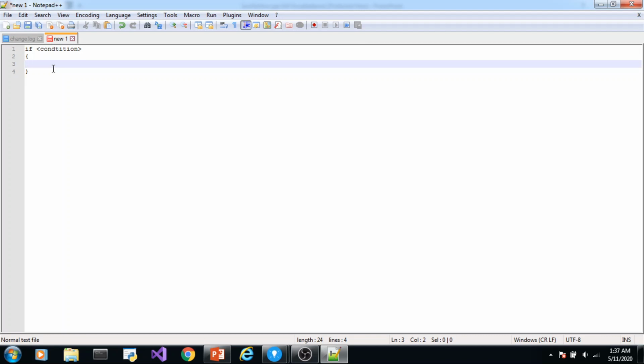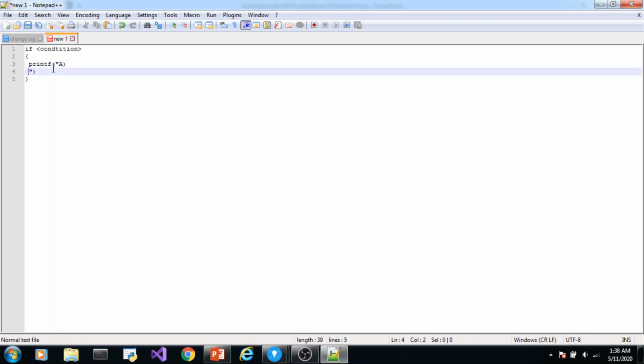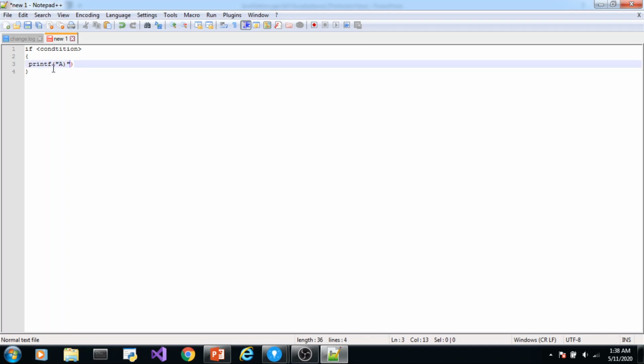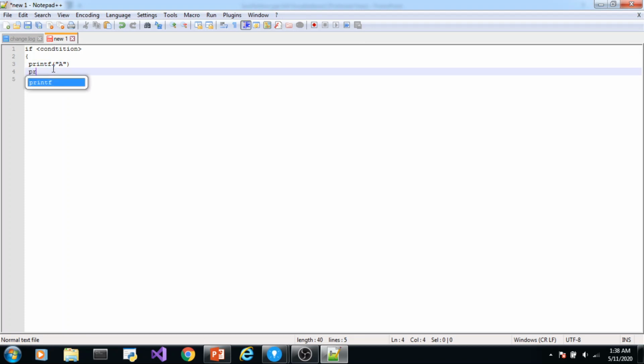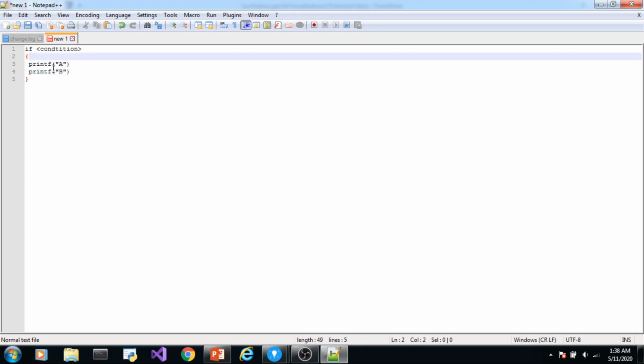Suppose you are writing an if block in C: printf A, printf B. So if this condition is met, both these statements will be executed and A and B will be printed.